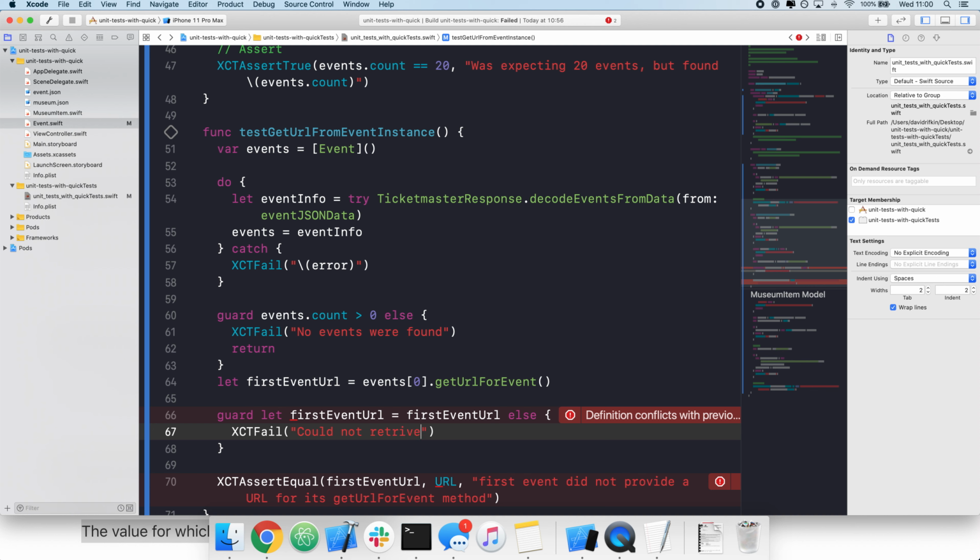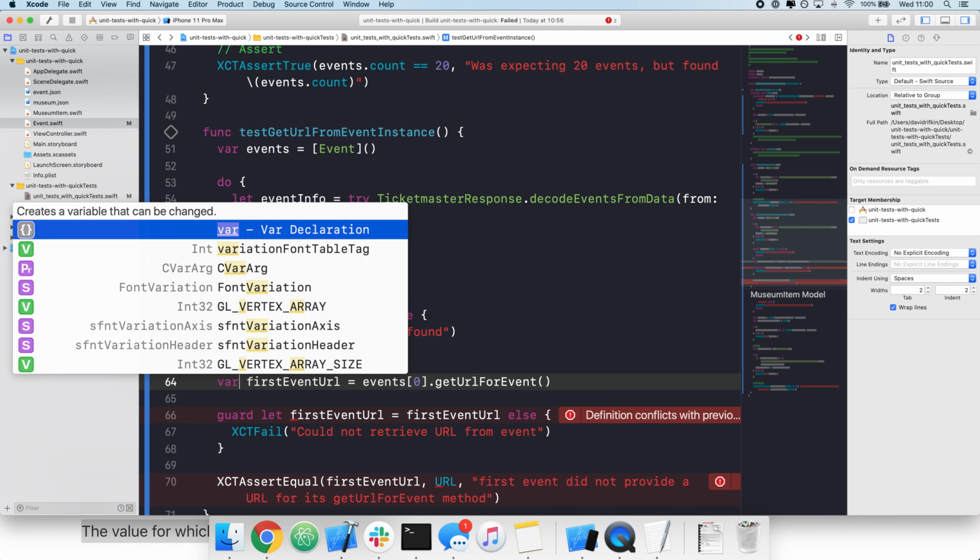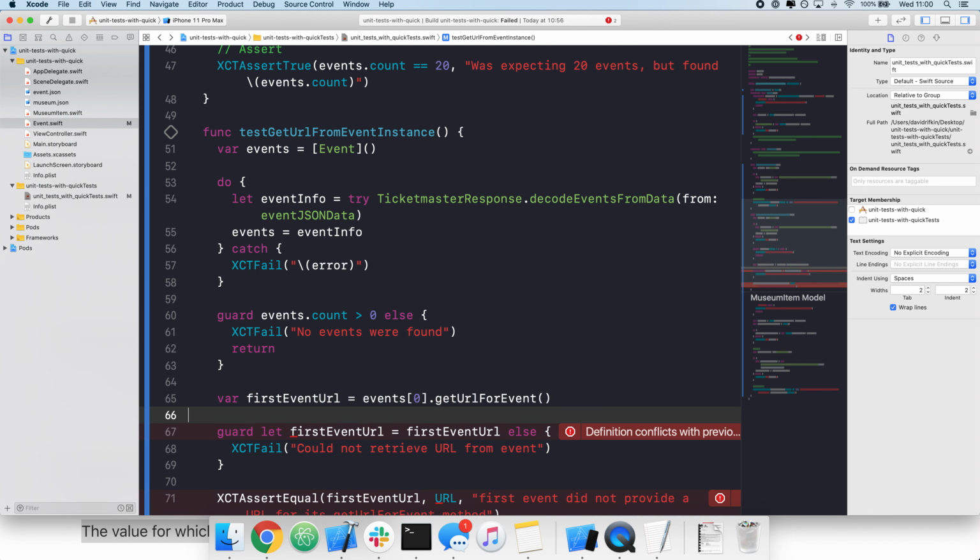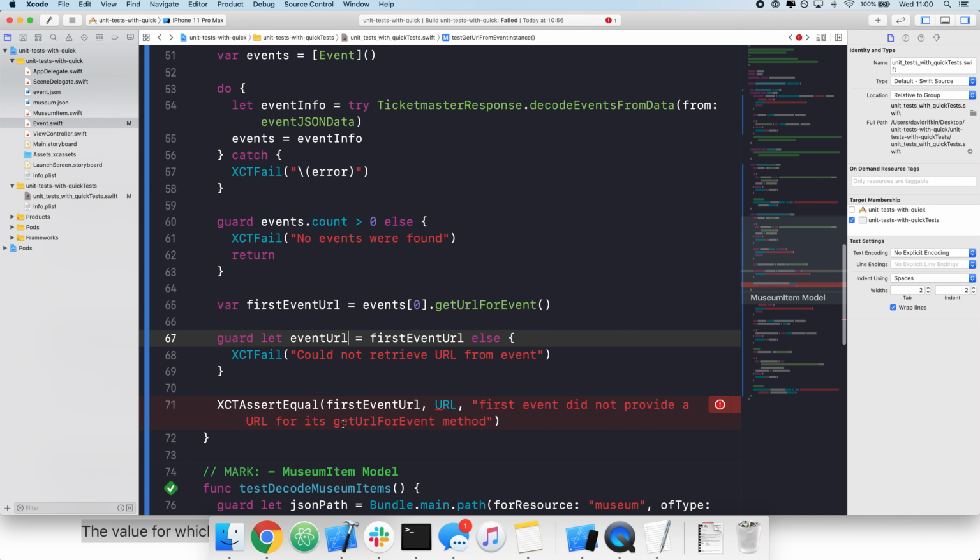Could not retrieve URL from the event. Cool. Let's look at our messages. All right. Let's make you a var. Cool. Let's change you up. Guard let eventURL. That. Okay. And now,